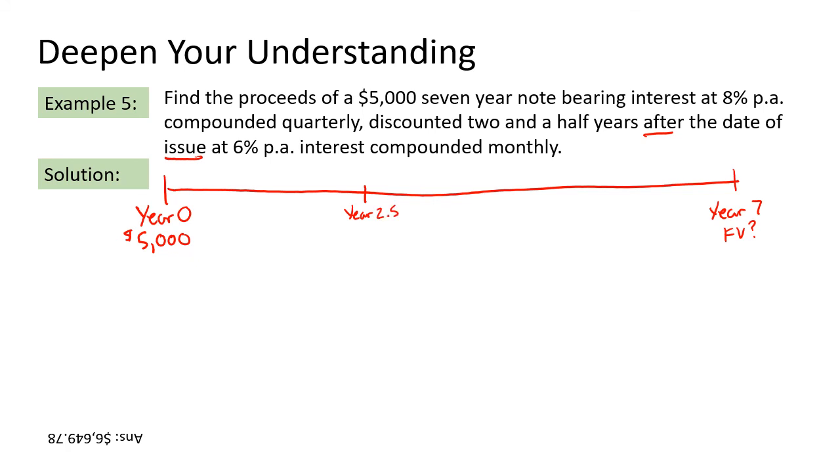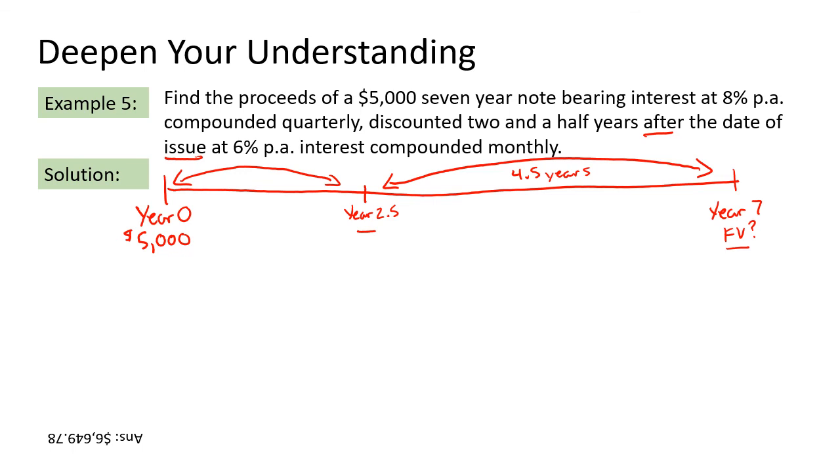Okay, so that means there's 2.5 years from the date it was issued to here, but there's actually then 4.5 years from the date that it was discounted to the date of maturity, which is where we're going to find the future value. Okay, so that 4.5 years is going to be important because it's going to be our time frame for our second step when we calculate our present value. So let's look at our first calculation, taking our present value and finding the future value at